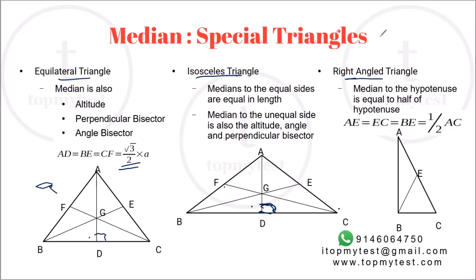length. And for a right angle triangle, the median to the hypotenuse is equal to half of the hypotenuse, which means if I take angle B as a right angle in the right angle triangle, the length BE will be equal to half of the length AC. Once you do circles and circumcenter, you will also find that this will be a circle as well. So BE will be the radius, AE will be the radius, CE will be the radius. This will be a circle which will circumscribe the triangle. It's a pretty useful property to work with in the exams.